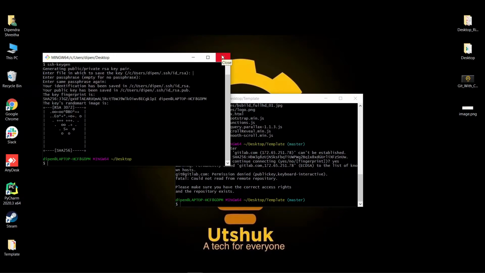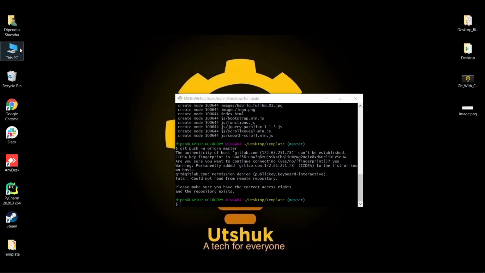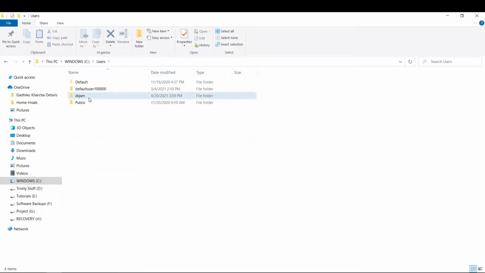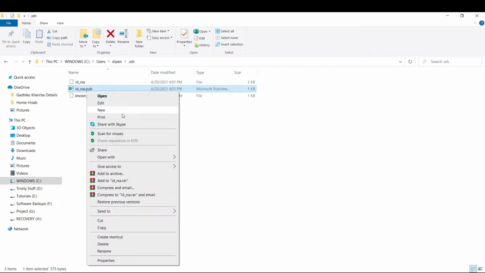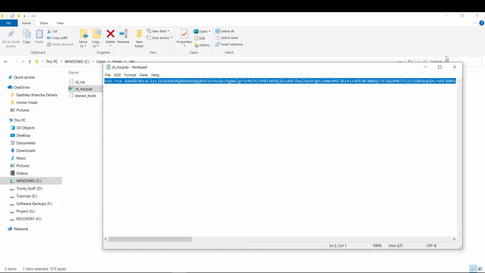You need to add this SSH key so that you can clone or push your branch from local to the Git repository. Close this and move to this directory, inside Users and inside the .ssh folder. Here you will see id_rsa.pub. Open it in your notepad and copy this.